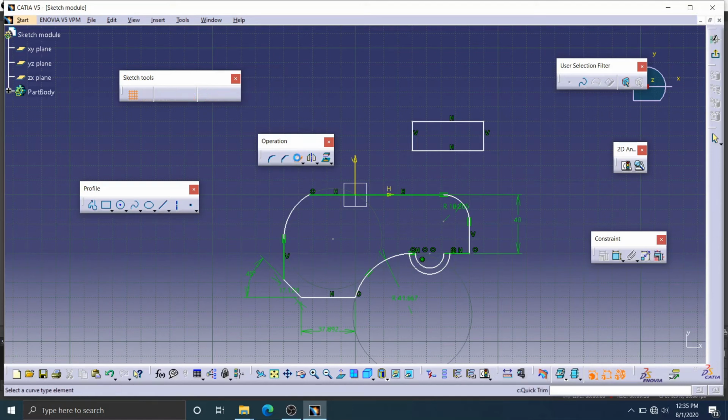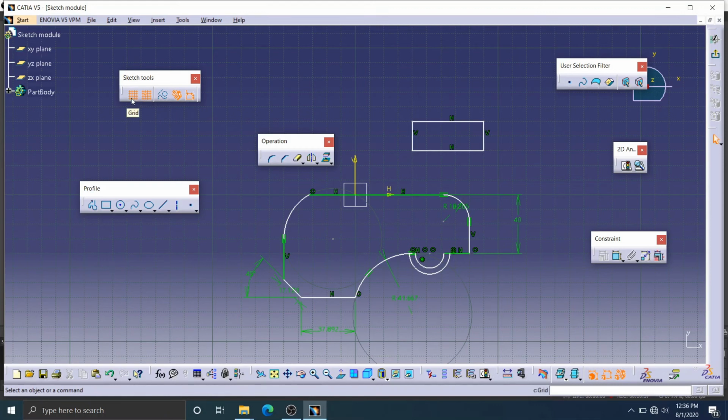If you click trim, it will give multiple trim options. So basically it will interface with all the options when you use the profile tool. It also actively works when you work with the operation tool; that time also it works in the background. So let me see what the sketch tool is. In the sketch tool you can see 5 options available. One is grid, other one is snap to point, other one is construction and standard element, and the other two are geometrical constraint and dimensional constraint.